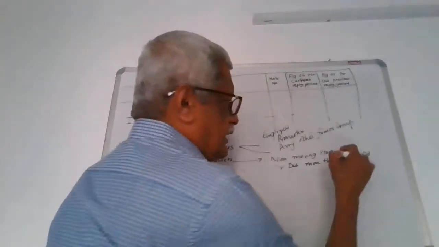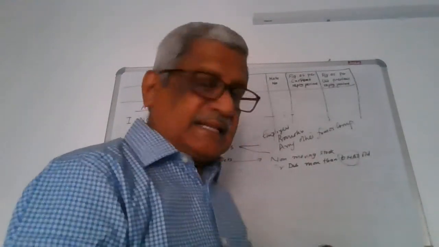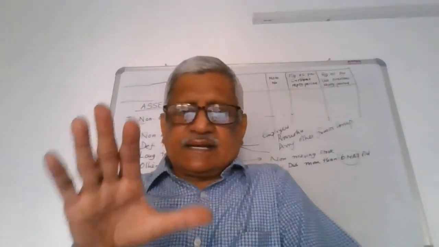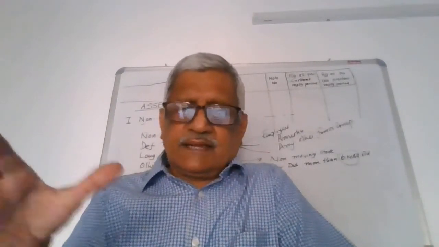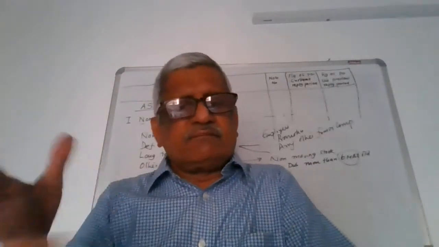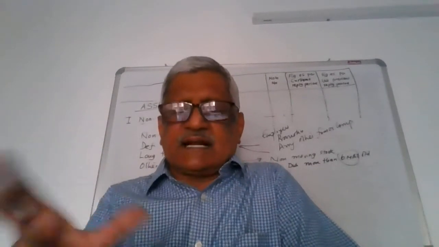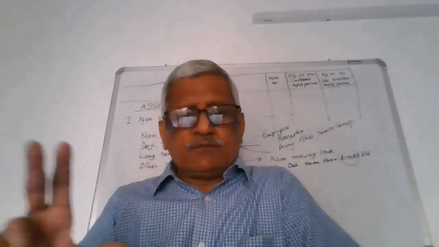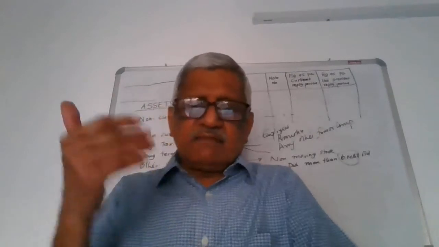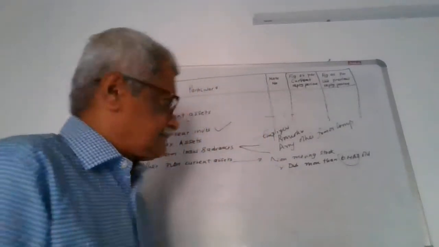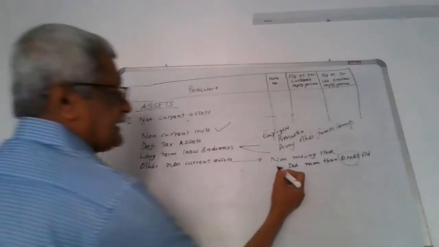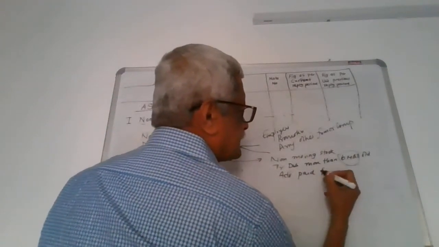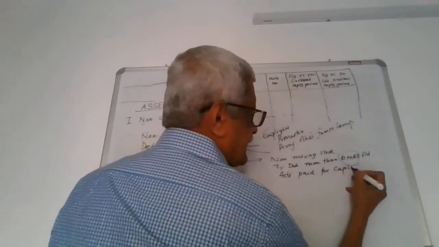You may ask me a question, why is it 6 months, why not 12 months? The reason is, the balance sheet format provides trade receivables exceeding 6 months and trade receivables within 6 months. Since only that classification is available, any trade receivable not received within a period of 6 months, we move to the non-current assets. The next one is any advance paid for capital assets, or capital advance.